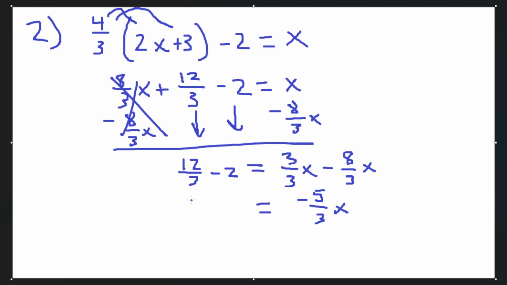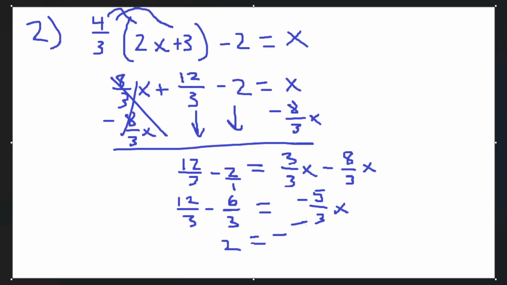which is also 12 over 3 minus, if you multiply 3 to 2, you get 6, and then 6 over 3. So 3 times the 2 gives you 6, and if we say that this is 2 over 1, then 3 times the 1 will give you 3. So now we can subtract the 12 over 3 minus 6 over 3. That would give you 6 over 3, which is just simply 2,